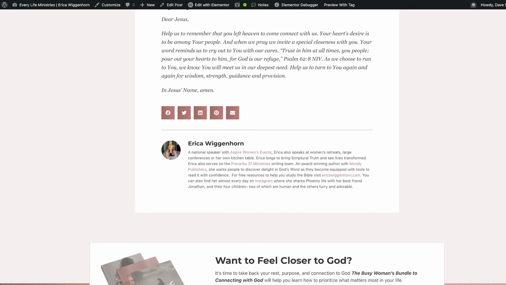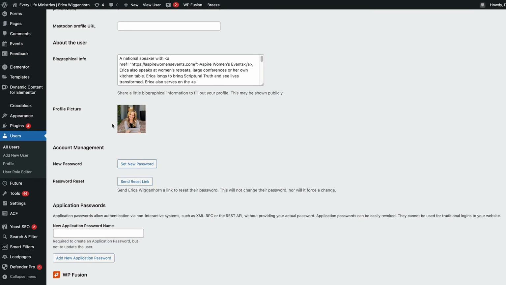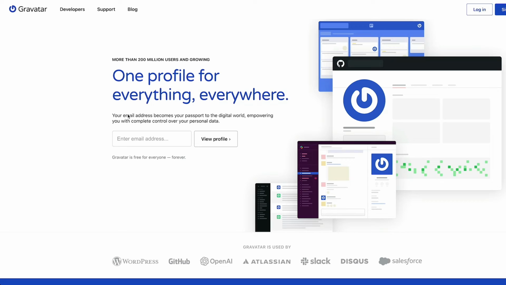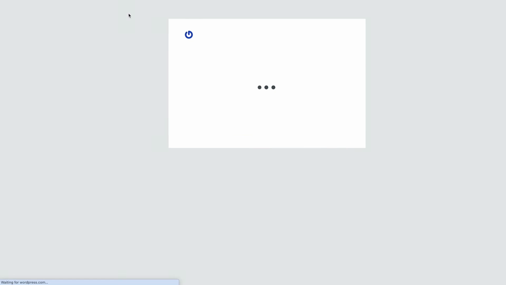Now, one other thing I want to note is if you scroll down, you'll see that I have Erica's profile picture right here. Now, how is that generated? Well, WordPress is affiliated with or actually owns Gravatar. And so if you go to Gravatar, whatever your email address is for your author profile or your user profile on WordPress, you can create a Gravatar. So use the email address that you have as your author email address. And when you sign in with your Gravatar,